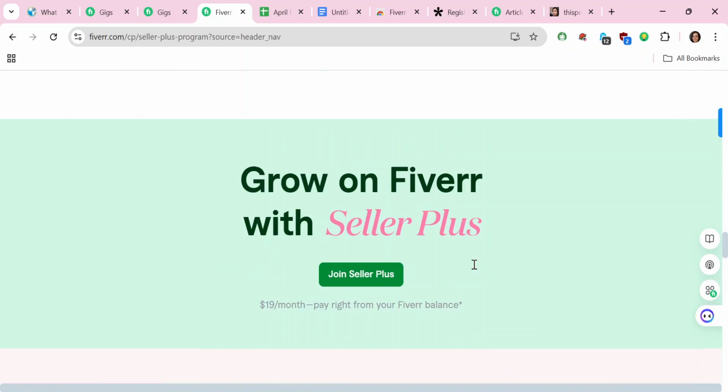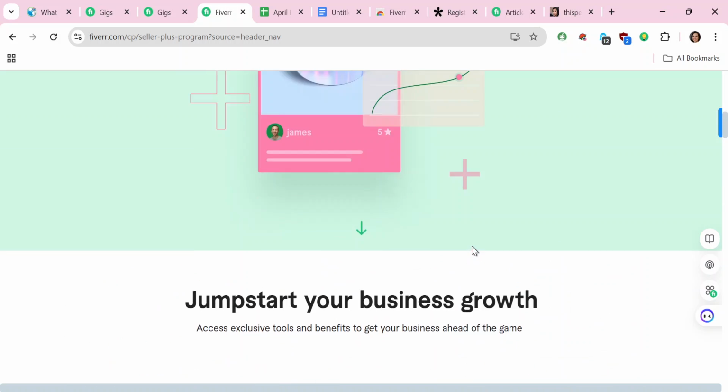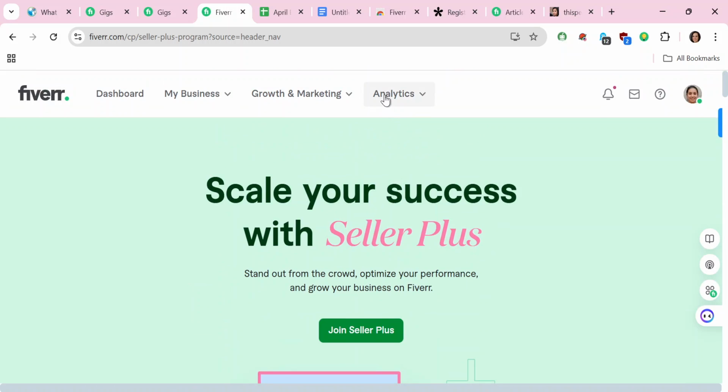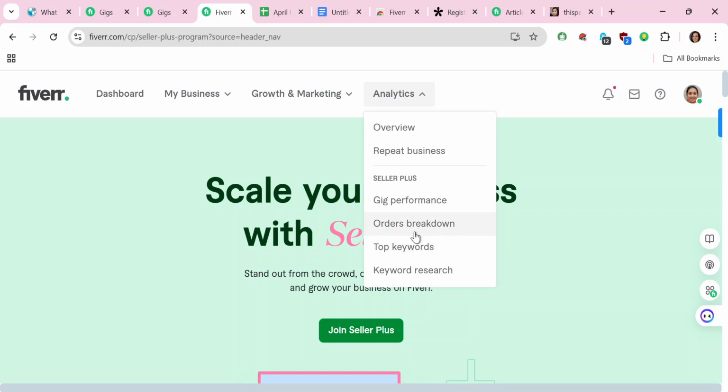I'm going to be showing you how to use Fiverr's keyword research tool to actually check for other gigs. So on your page you should see it this way. You can click on either of these, keyword research or top keywords, but the truth is